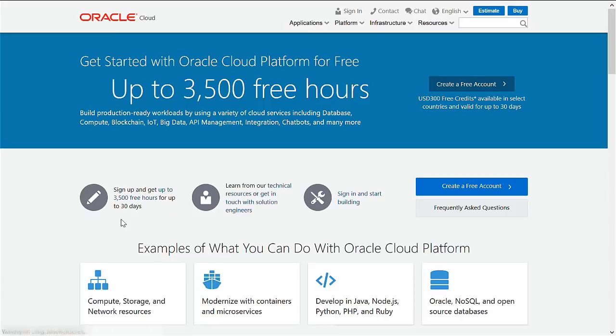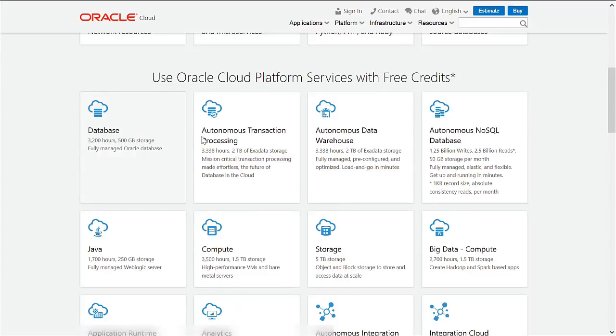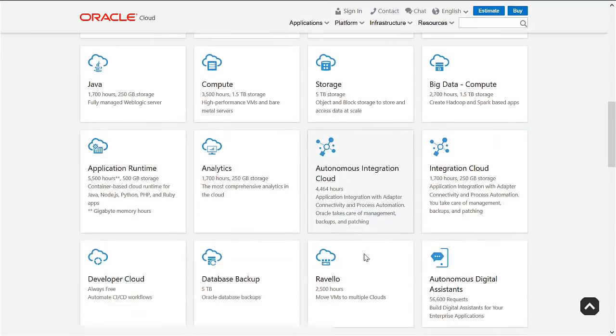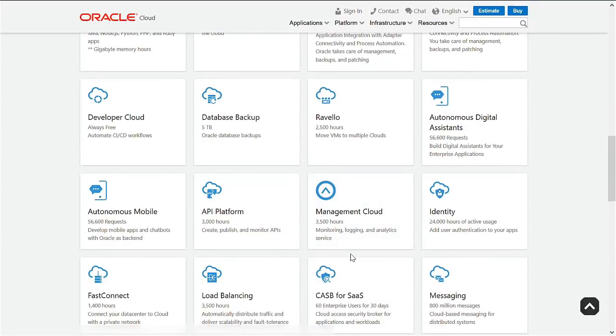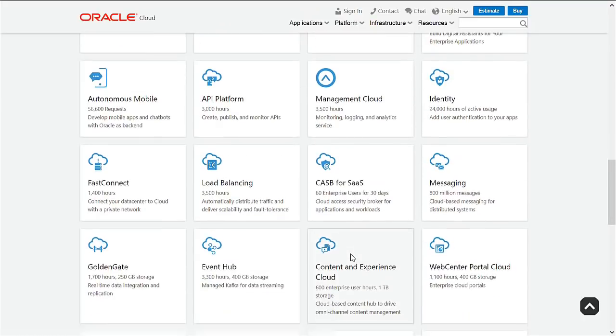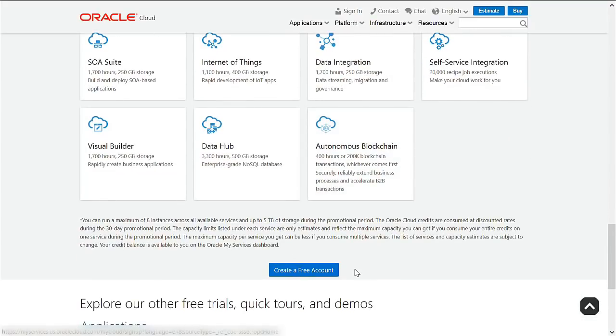Now when you sign up, you'll get up to 3,500 free hours or $300 worth of free credits. With these free credits, you can run all the services in Oracle Cloud Infrastructure. But for the purpose of this demo, we'll consume only the compute service, block storage service, and a little bit